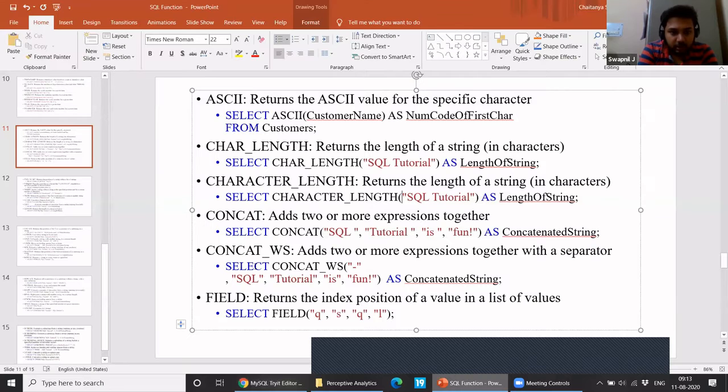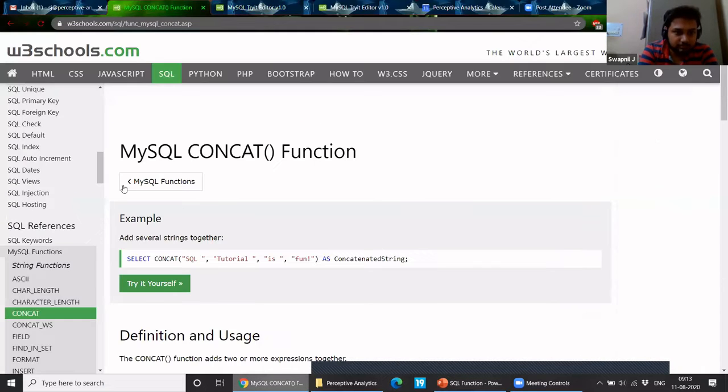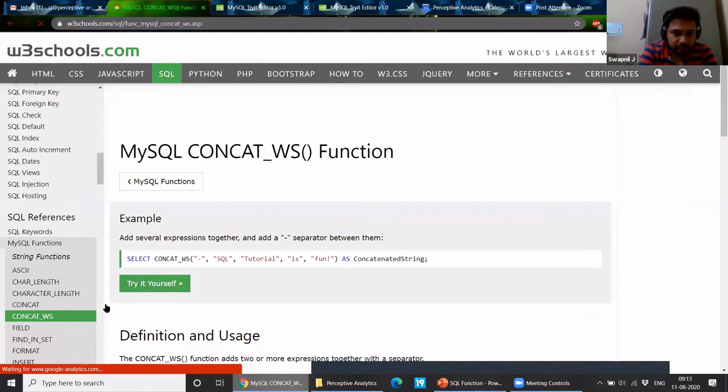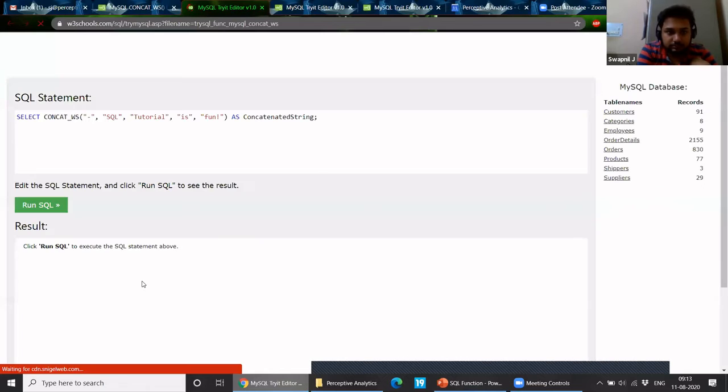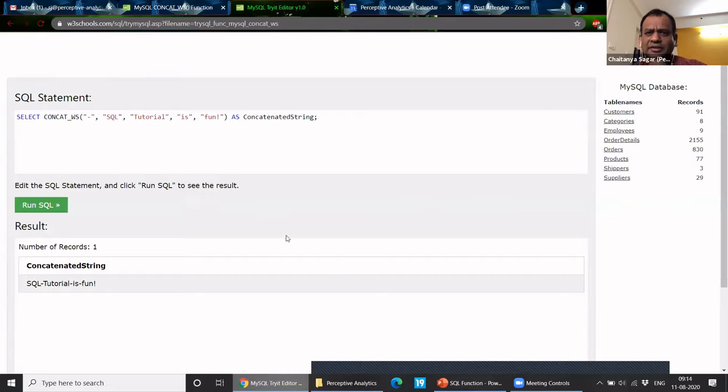Then we have CONCAT_WS. The syntax is almost the same, but here we tell it what separator we want. Like in this case, we want a dash as a separator. So instead of space, it will put a dash. So sorry, what exactly did you do there?